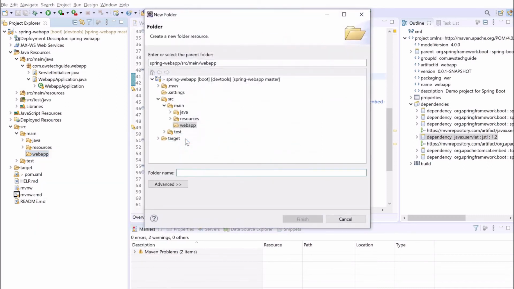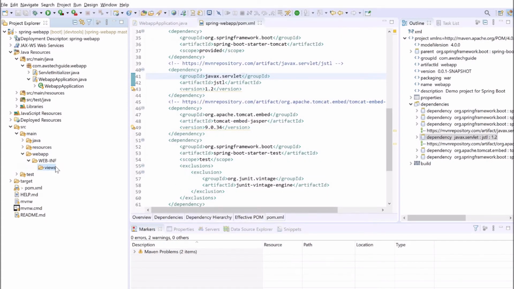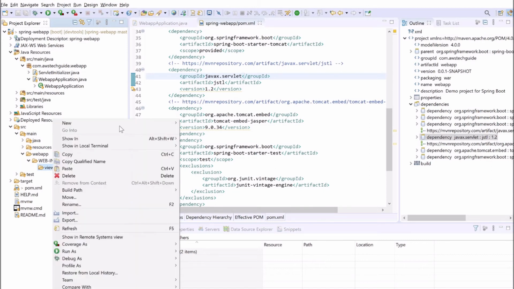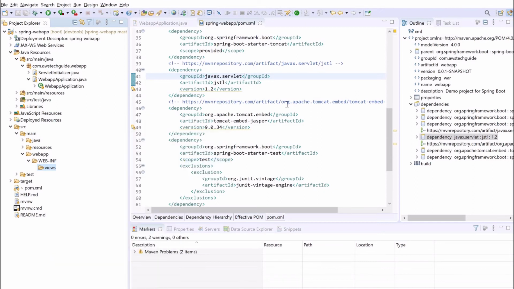Click folder, WEB-INF, and inside WEB-INF we will keep our JSPs in a subfolder called views. So WEB-INF/views. Click finish. So it has created two folders, and inside views, right click, new, click on JSP file,